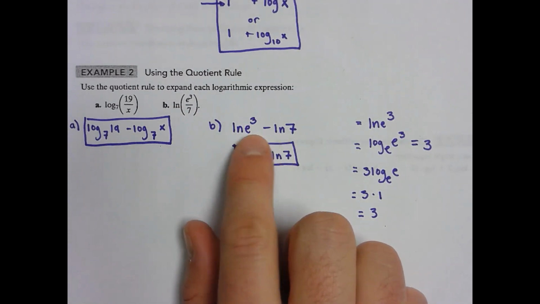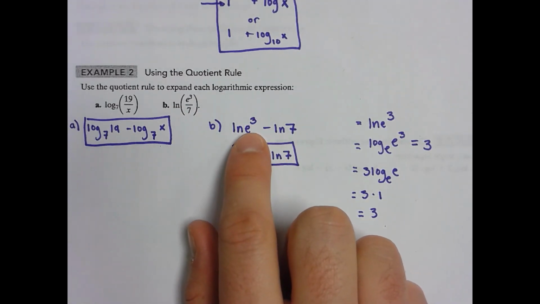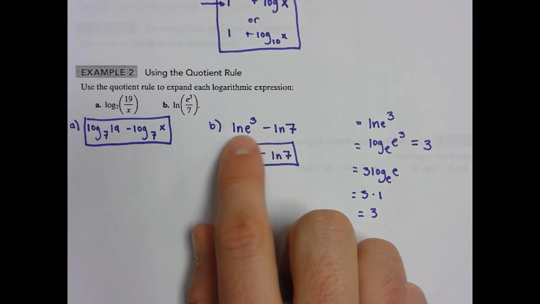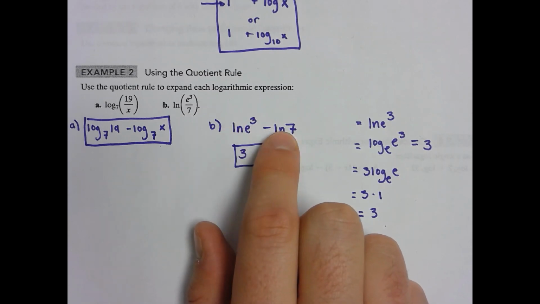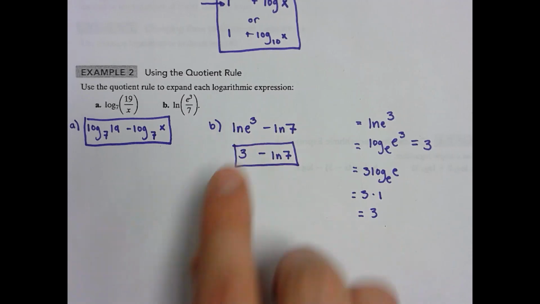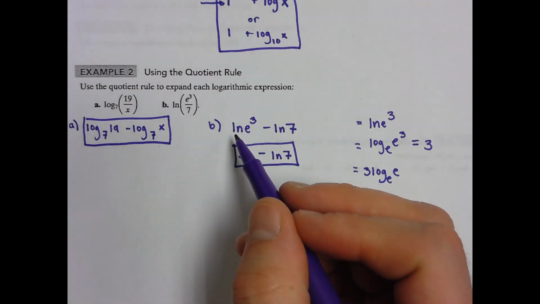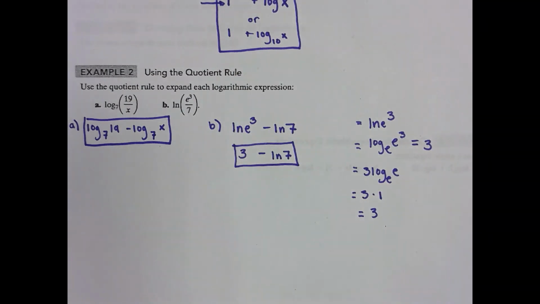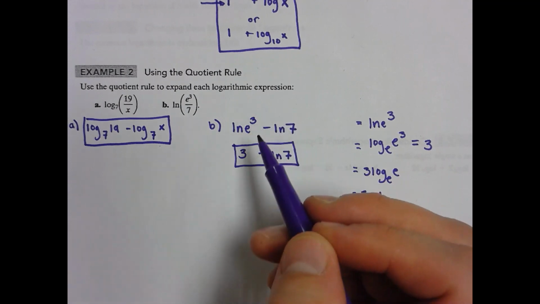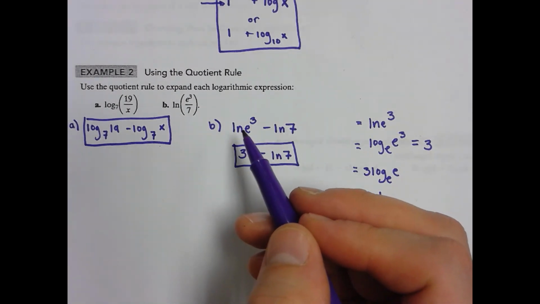First thing that I think most of us should be able to get without much issue is just applying the property, where this becomes natural log of e cubed minus natural log of 7. Okay, that's just us simply applying the property, the quotient property there. But then we've got to think about, do either of these logs simplify down? Well, here's what we need to remember. This natural log of e cubed,